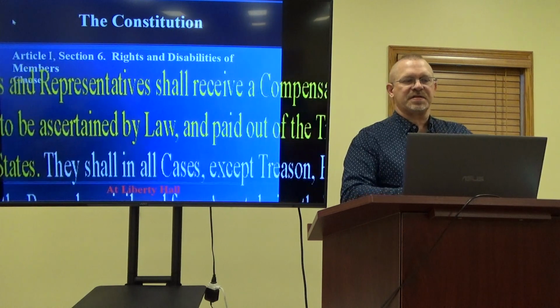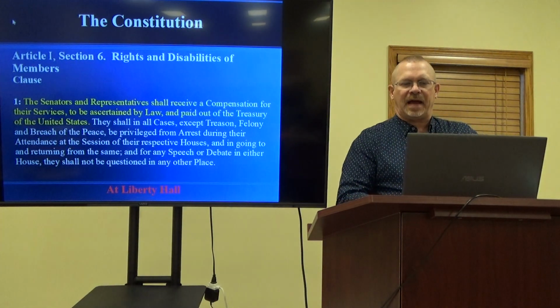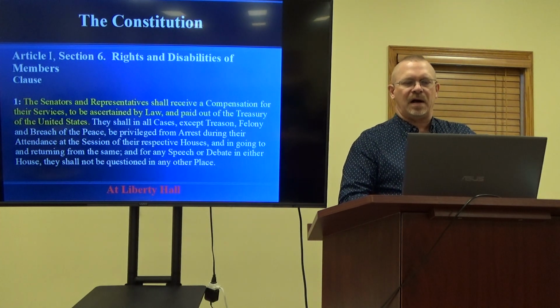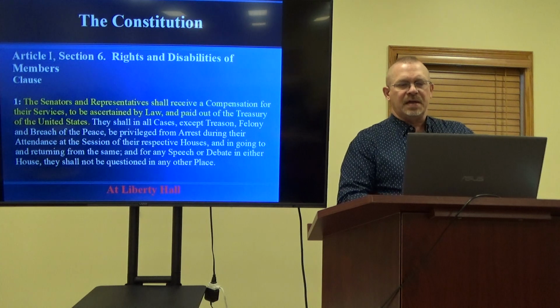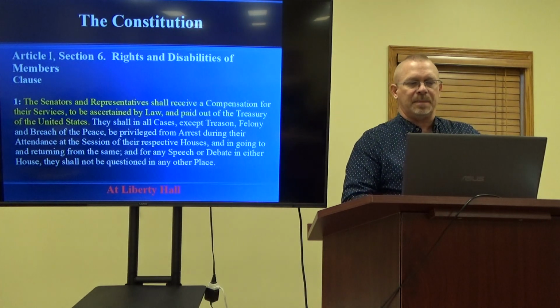Article 1, Section 6, Clause 1, the senators and representatives shall receive a compensation for their services to be ascertained by law and paid out of the Treasury of the United States. They shall, in all cases except treason, felony, and breach of the peace,